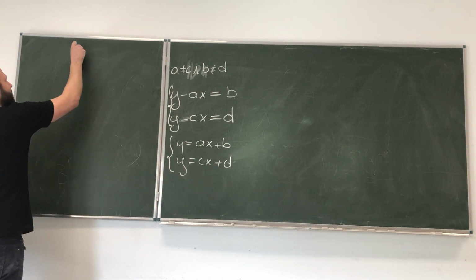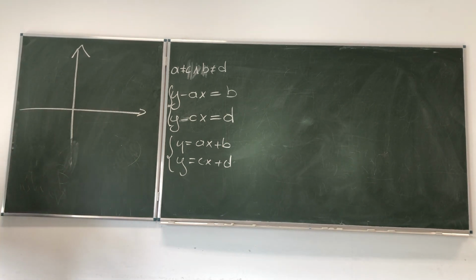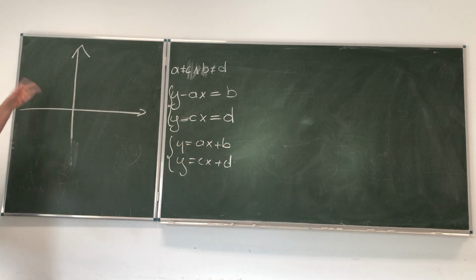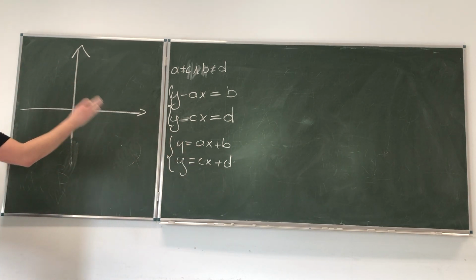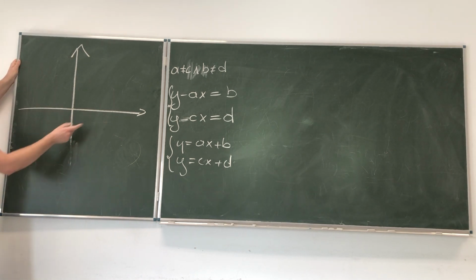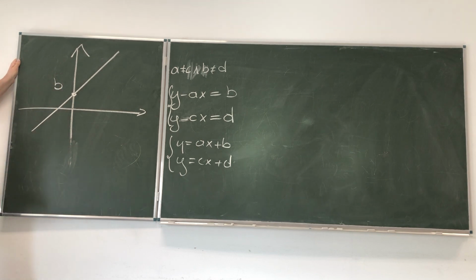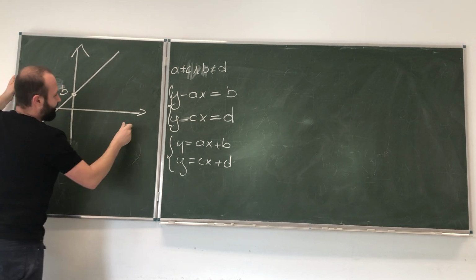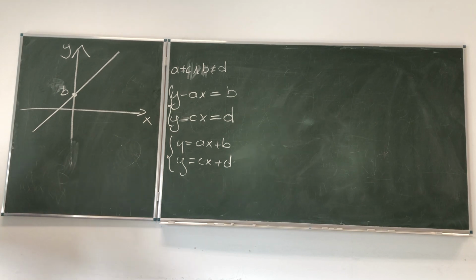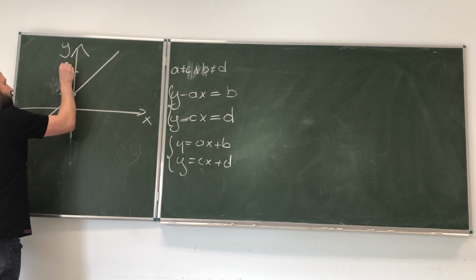Look, how will we be able to draw such a system, such two equations? Let's just say that a is positive and c is negative. How will we see it? So, first equation, let's just say it looks like this, where this point is b, right? If x is 0, then y is equal to b. Now, if c is negative, we will have a downward sloping line, and let's just say that it goes